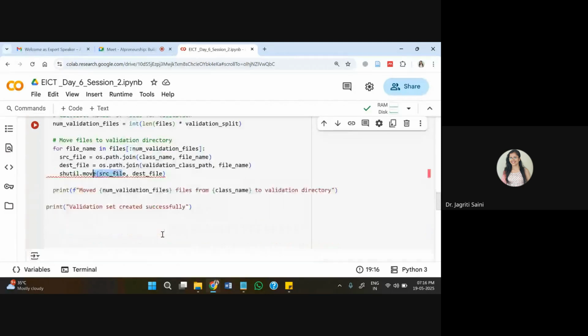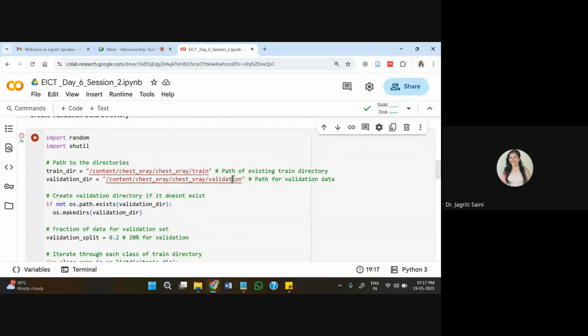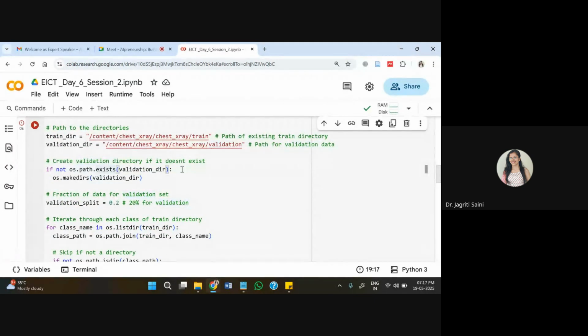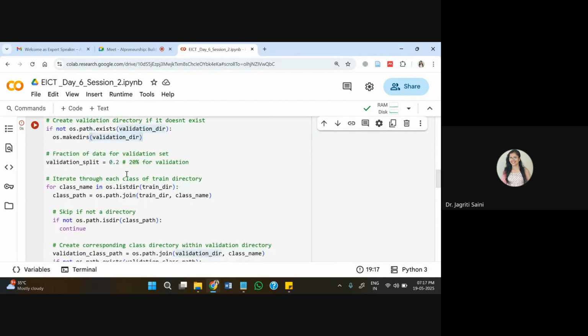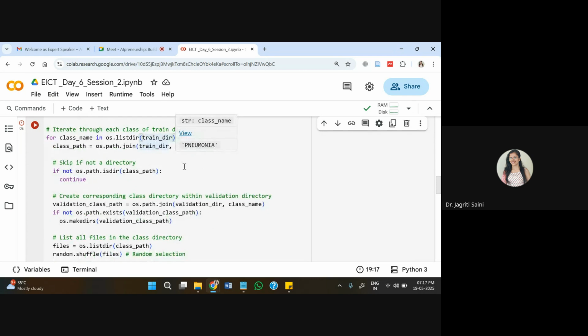SRC file we have created. Repository we have created, then validation repository we have created. After this, the path for validation directory we have created. Then validation split we have added here. Then class name for train directory we have inserted, and then class path also we have inserted.